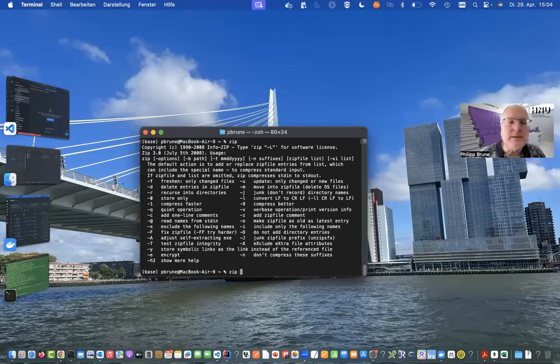Zip, and it's -r for recurse. And it's project zip. And then we just